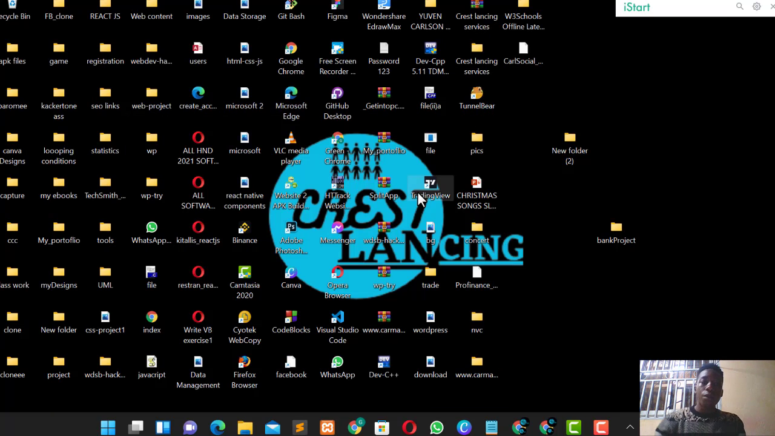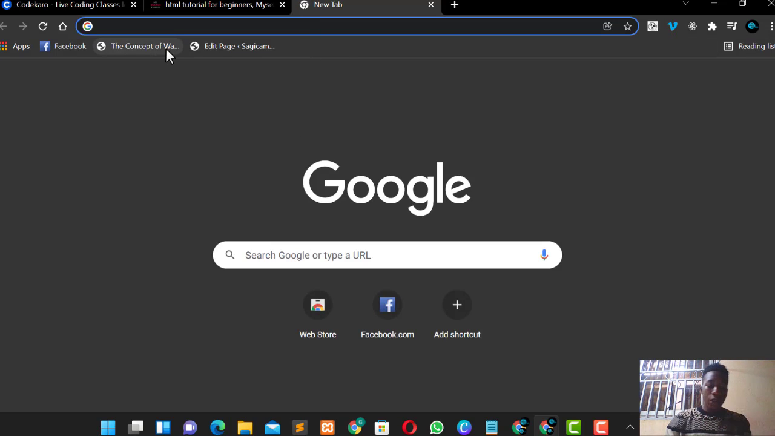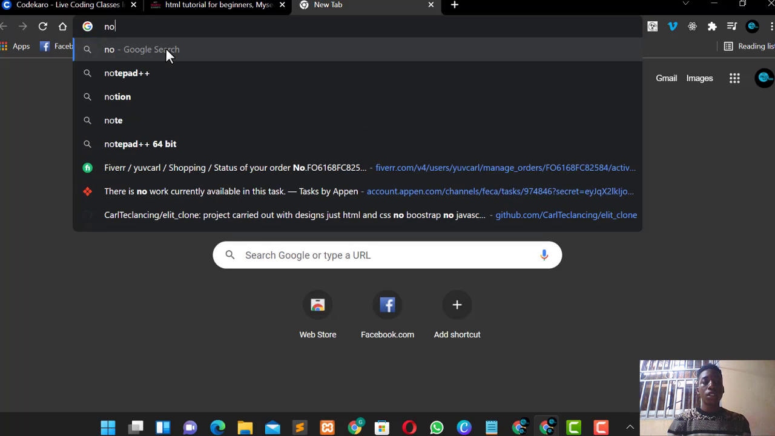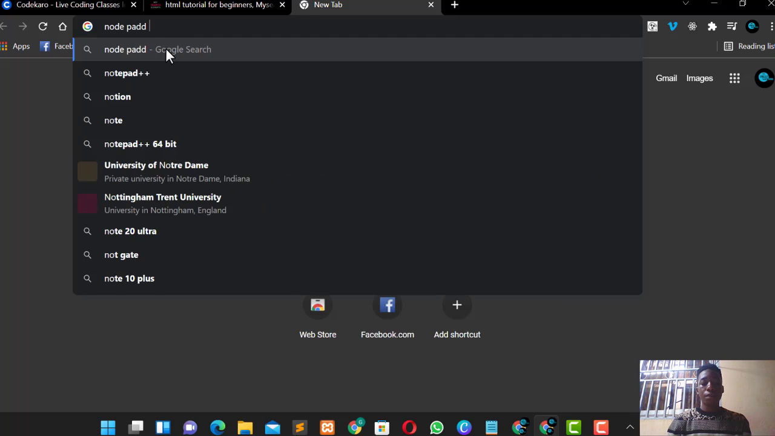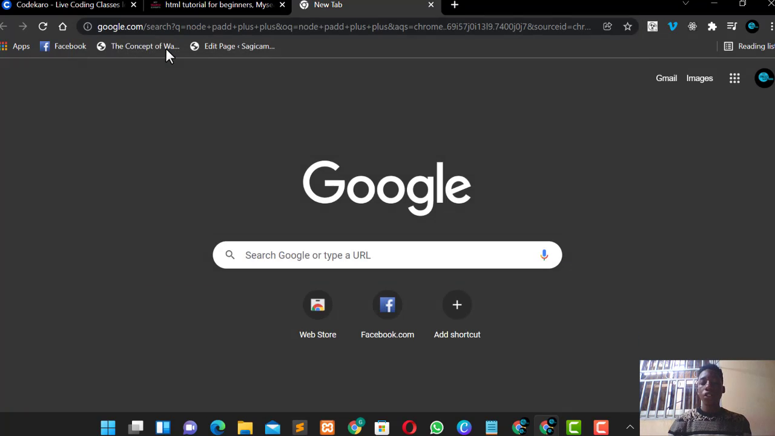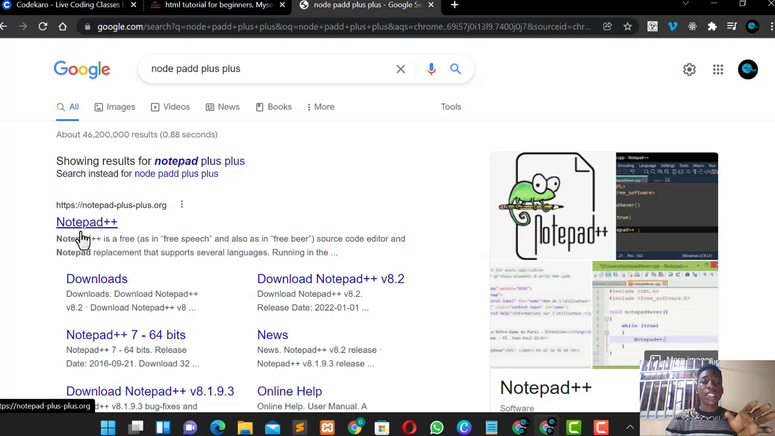So moving over to my PC here, you can just search any code editor. Maybe you want to install Notepad++. You can just go over to Chrome and type Notepad++. The first one that comes up is the recommended one. You can download this one, install it, and use it for coding throughout the tutorial process,